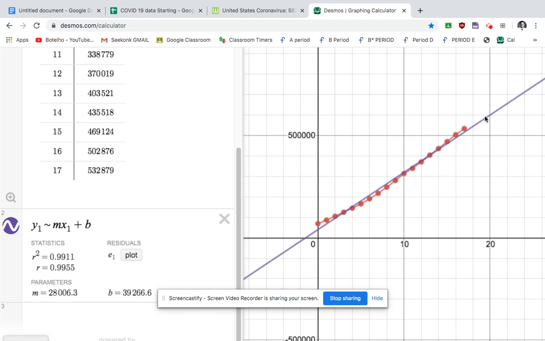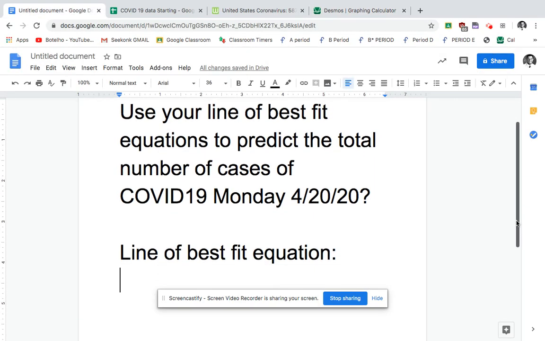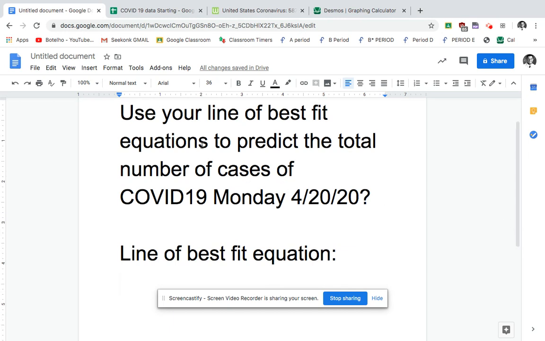So the next thing we're going to do is write this down to the nearest tenth. Our M value, our slope, is 28,006.3, and our B value is 39,266.6. So now let's start making some predictions. What I'm going to have you do next is use your line of best fit equation to predict the total number of cases for this coming Monday,